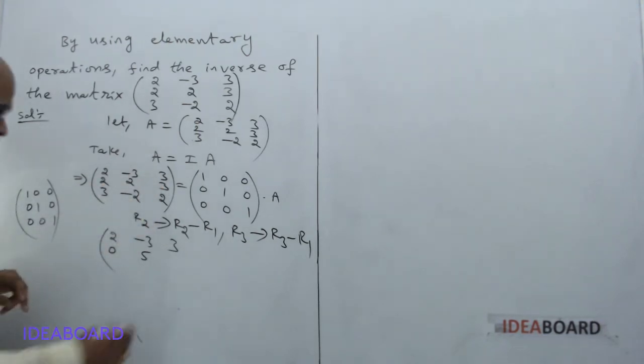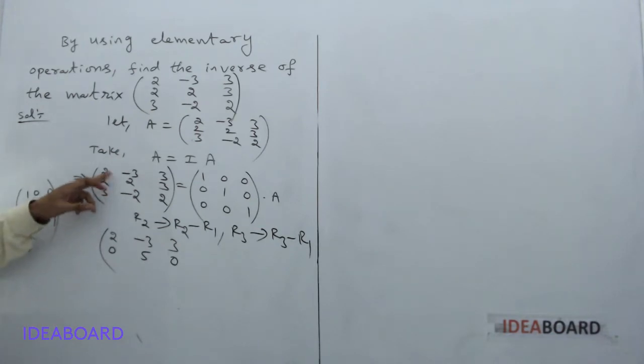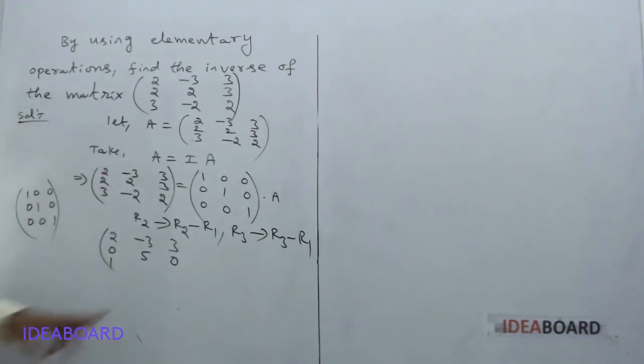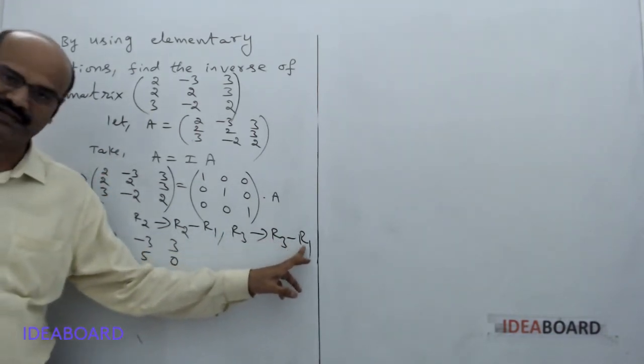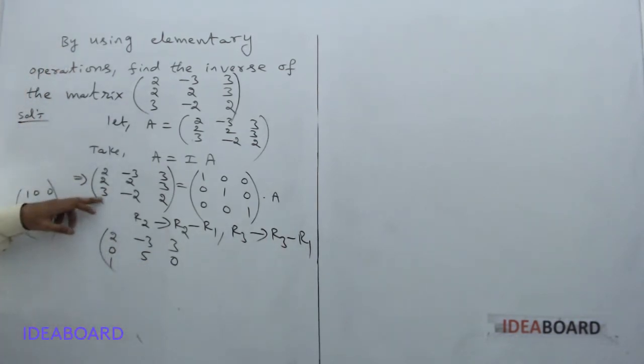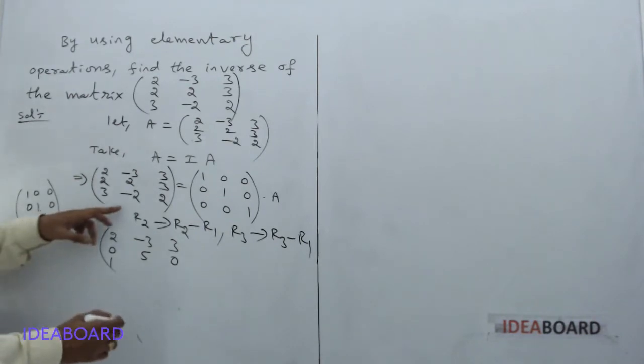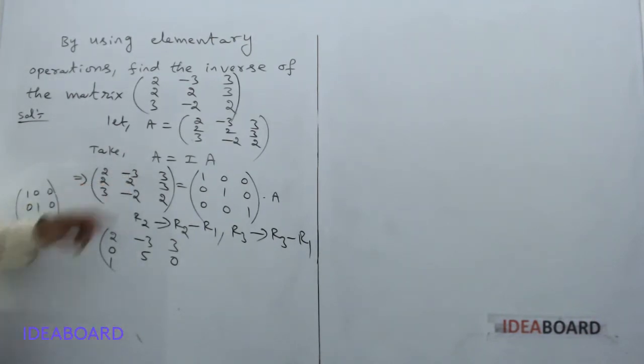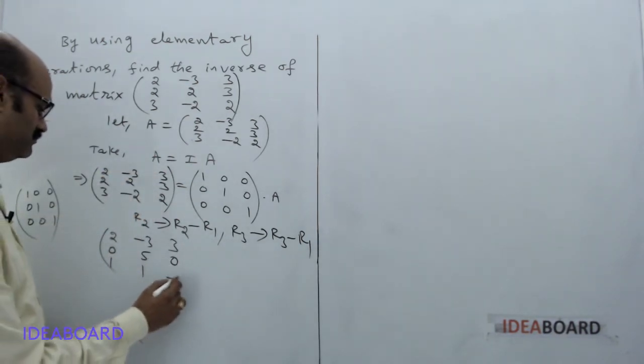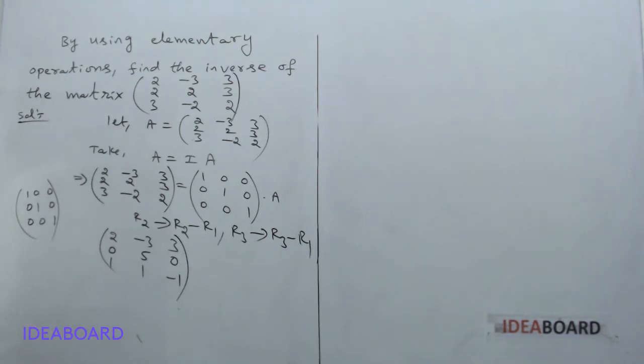Next 3 minus 3, 0. 3 minus 2, 1. Since we have R3 minus R1. So 3 minus 2, 1. Minus 2 minus of minus 3, 1. 2 minus 3 minus 1 equal to,